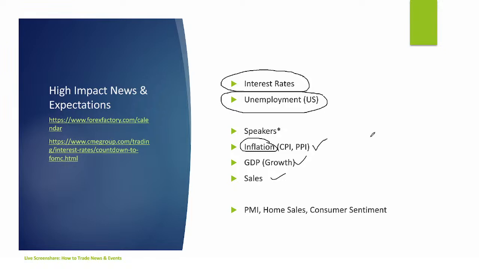Now, why is it all about interest rates? It really comes down to this. If the economy is doing better than we expected, then it is more likely that the economy needs to be slowed down than it did before. And how do you slow an economy down with interest rates? Well, you encourage or reward saving and you penalize spending. So how do you do that? You raise interest rates.